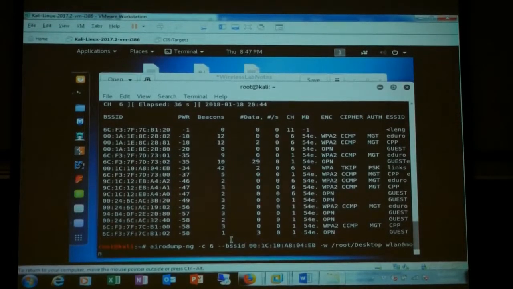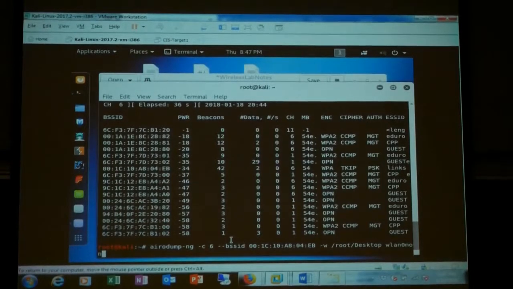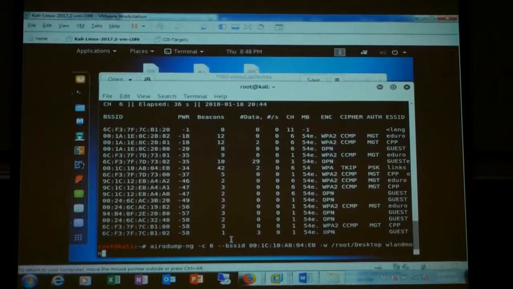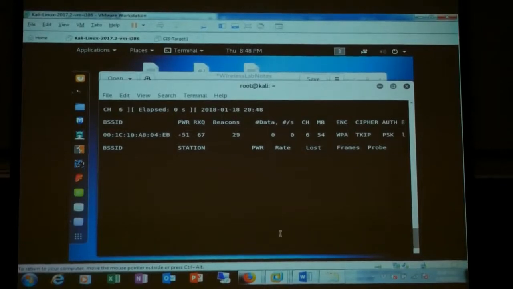That is the command I'm going to use to find and dump traffic. What I'm doing here is creating a cap file. Who knows what a cap file is? A .cap file? No? It's a capture file. What can you look at a capture file with? Wireshark, TCP dump, all kinds of stuff. Airodump works in the same fashion. So here, I now am collecting beacons,